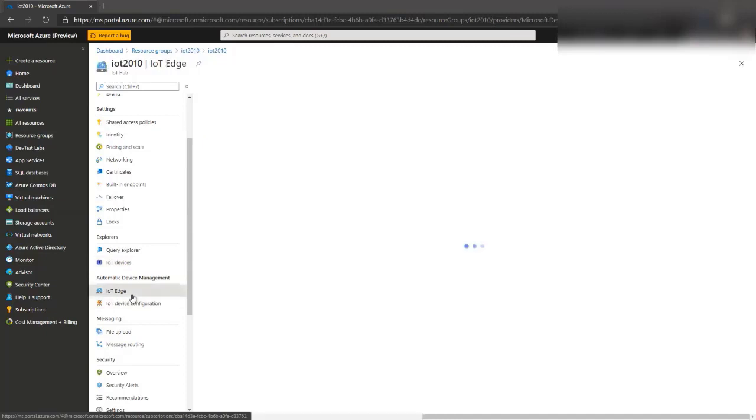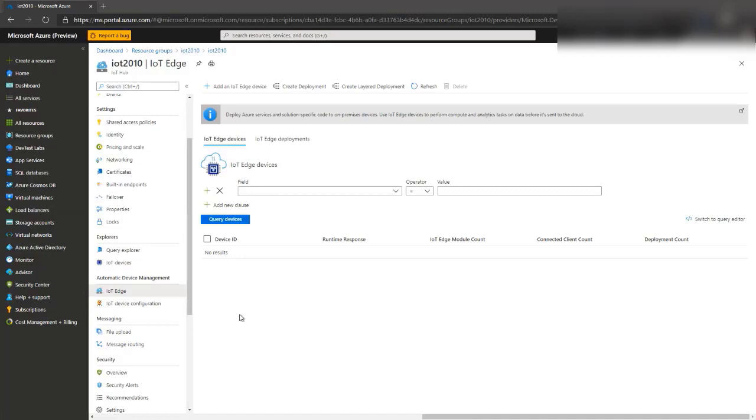Here we have IoT Edge. So again, I can add IoT Edge devices. Same as with any other IoT device, it's the device ID, how it's going to be connected or authenticated. And here's a prime example of how you want to use parent and child devices. Your parent is going to be like an IoT Edge, and then you will have several different devices on it so that it's easy for you to know how they're connected. And if you go back,